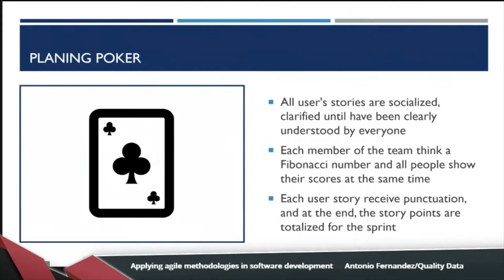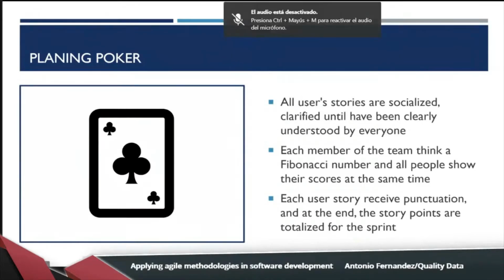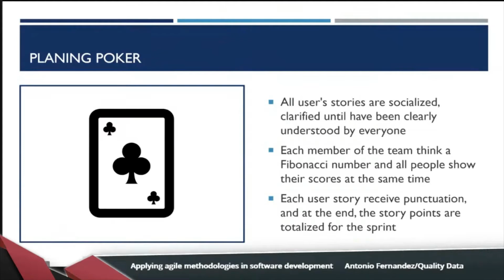After that, each member of the team thinks of a Fibonacci number, and all people share their score at the same time. This avoids one team member influencing the rest. And finally, each user story receives a score, and at the end of the meeting, the story points are totaled